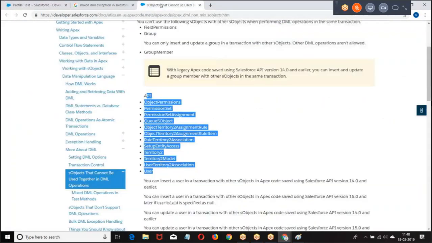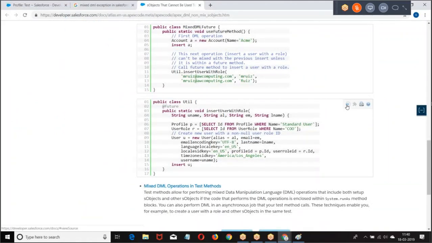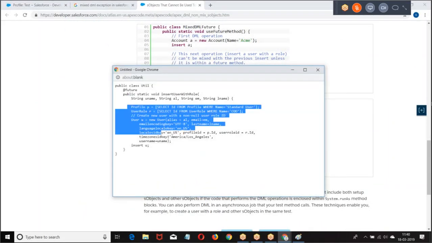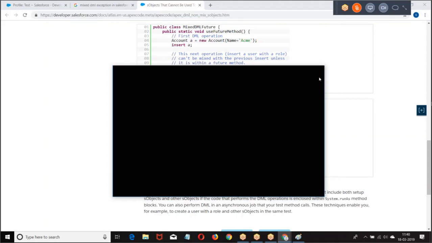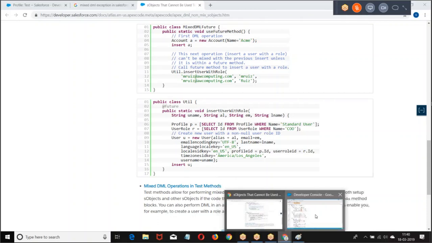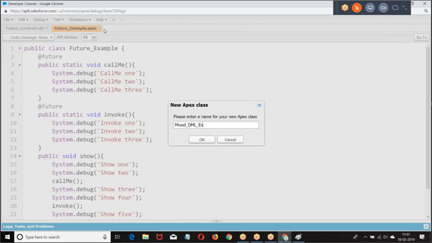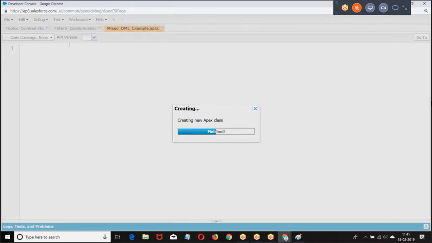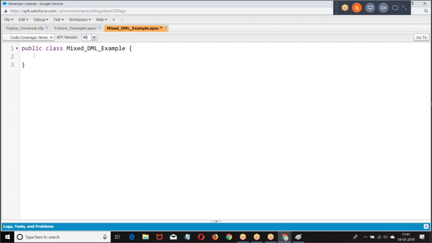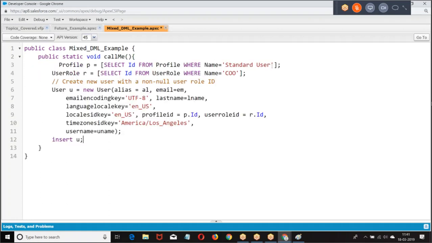Now, I was trying to make an example here. Trying to create, I'm trying to insert the user.